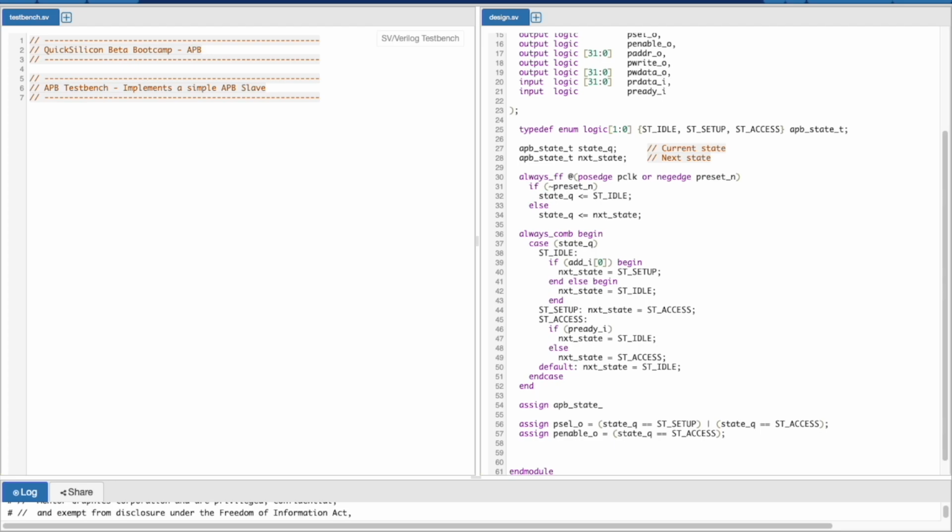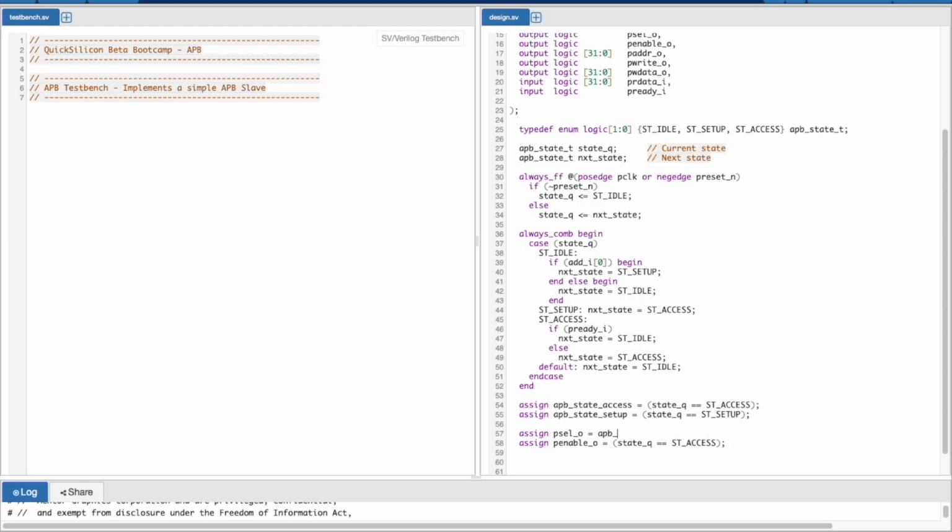So let's assume that there's a signal called APP state underscore access, which means your current state is equal to access. And similarly, we'll have APP state setup, which is your current state is equal to setup. So this would actually help us reduce this coding, right?